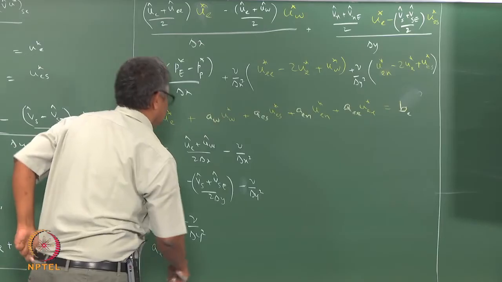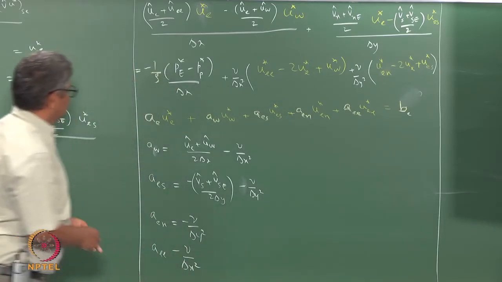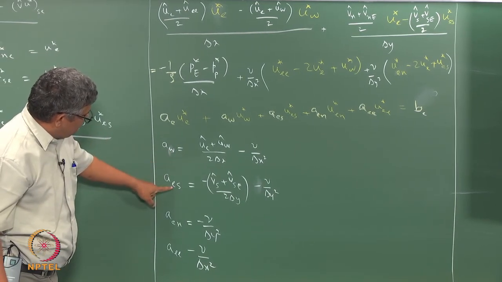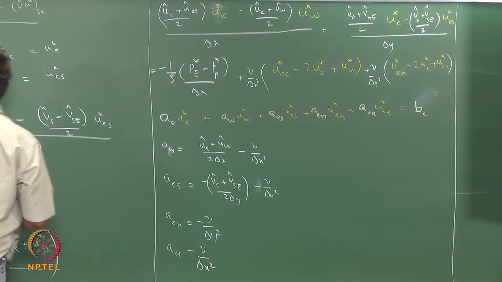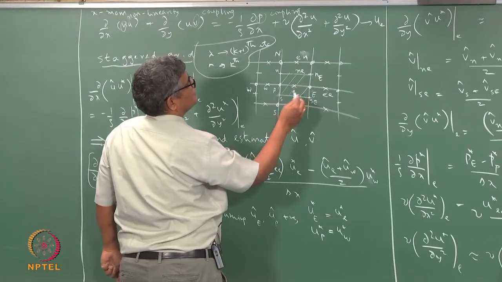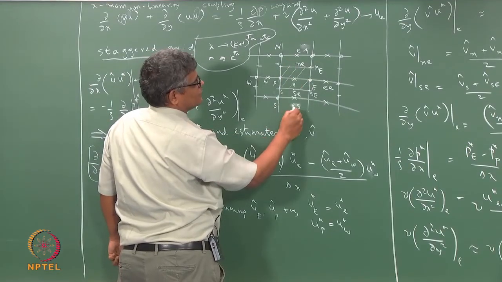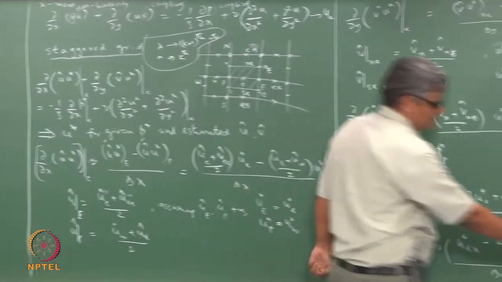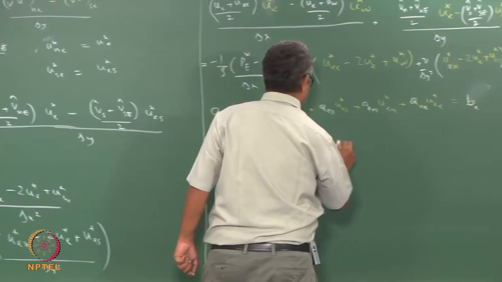So that will be minus nu by delta x square. So we have 4 neighbors: west, east south, east north, east east. Okay, so if we come back to this, we have, this is a point, we have east north, east south, east east, and the west point. So their coefficients are correspondingly evaluated here, and then we can see that